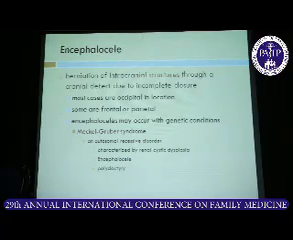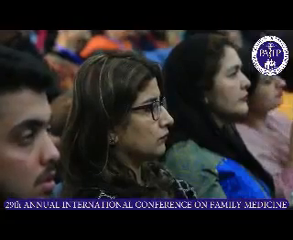What is an encephalocele? Herniation of intracranial structures through a cranial defect due to incomplete closure. There are three varieties. Most cases are occipital in location, and then there is a frontal and a parietal one, and encephaloceles may also occur with genetic conditions. So if there is an encephalocele, we have to look for other parts of the fetal body to rule out any syndrome or any other